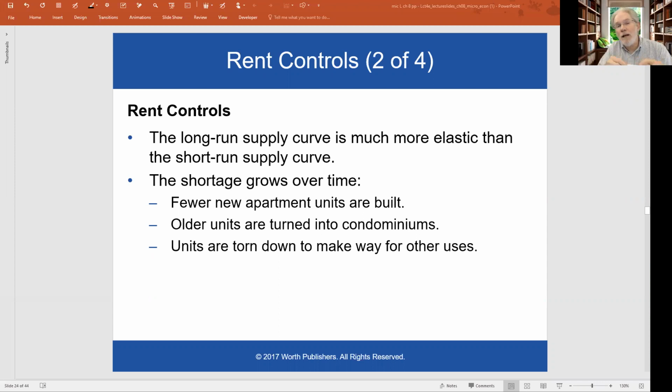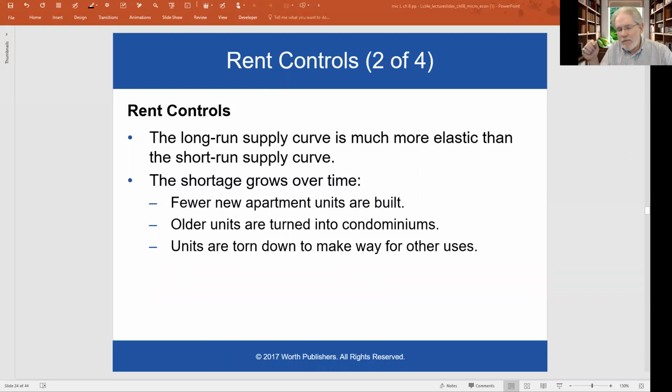And we have two main types of price controls: a price ceiling and a price floor. A price ceiling is where the government says there's a maximum price that firms can charge. A floor is where they say there's a minimum price that firms can charge. And we went through the various consequences that will result when you have a price ceiling, such as you'll have shortages, and the quality of the product tends to go down. Several other things we listed.